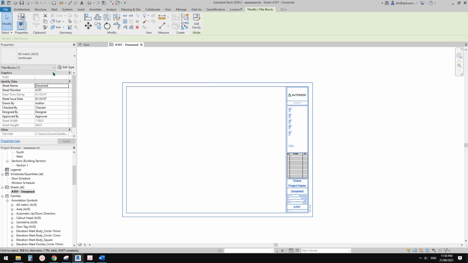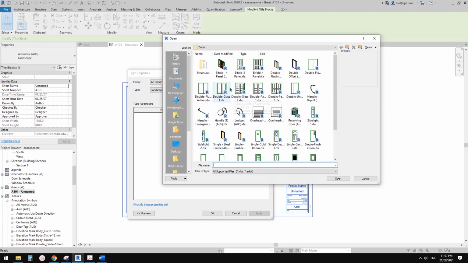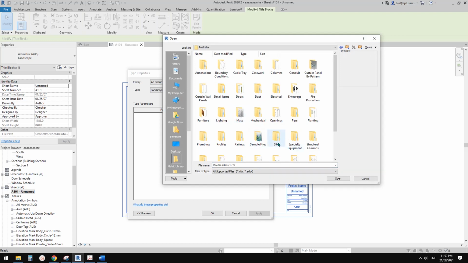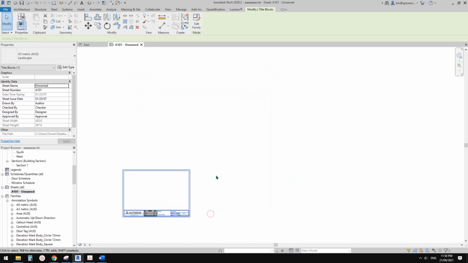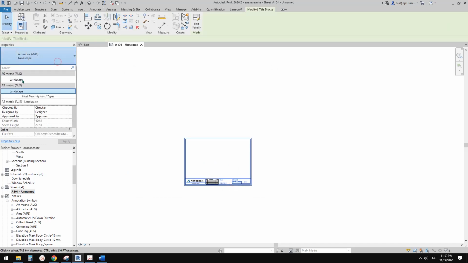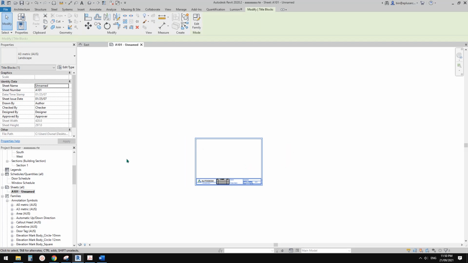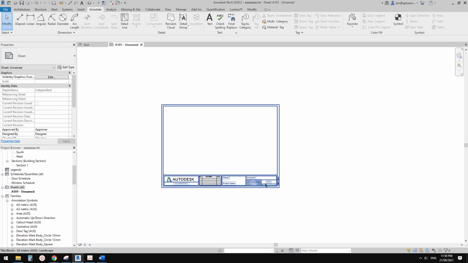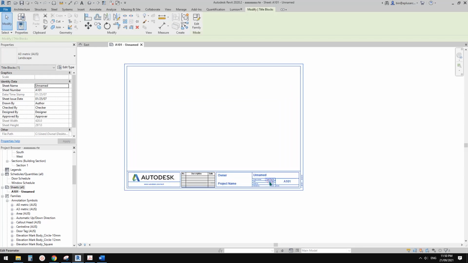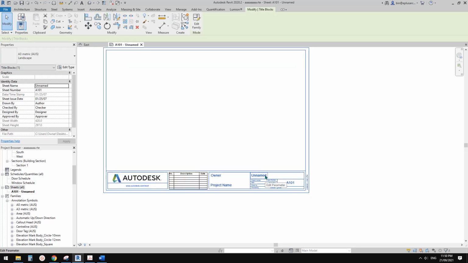So for example, if I load a new title block, I'll just load a title block from Autodesk. Where's my title block? Here. So for example, I'll just load this one, A3. So okay, now currently we have two different sizes. So you can load all, A1, A2, A3, A4. So you have the option every time you create a new sheet to pick which size you need. Okay, so this is quite important because we all want our own title block,